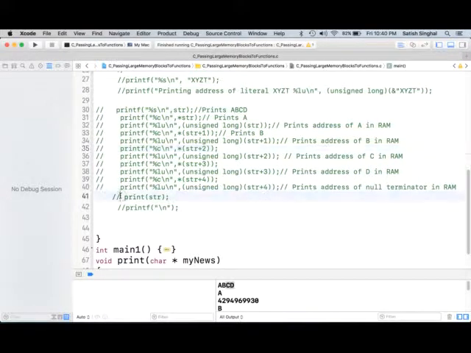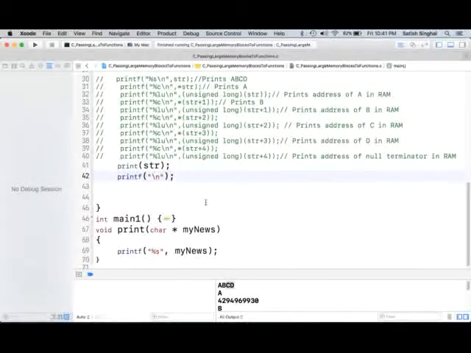And just use this print function. So let me show you this print function. It's very simple actually. This is the print function. I'm passing it a character pointer,